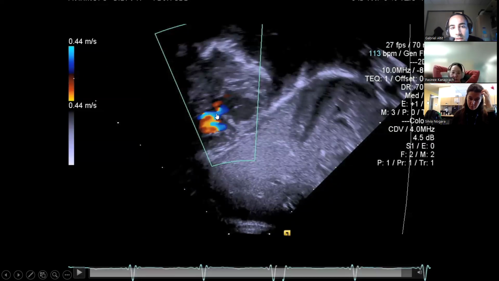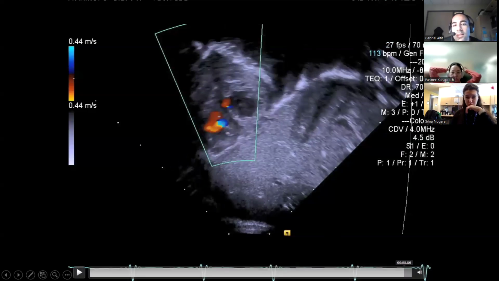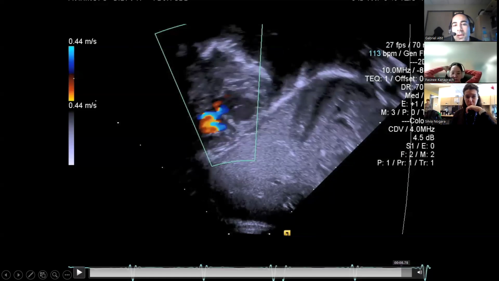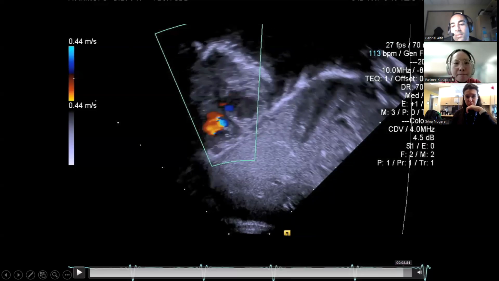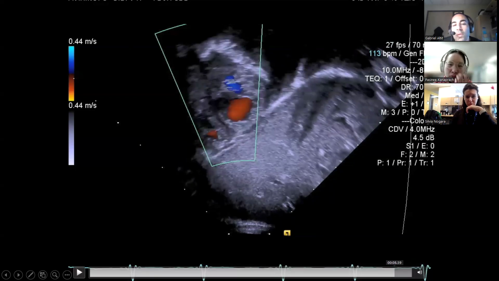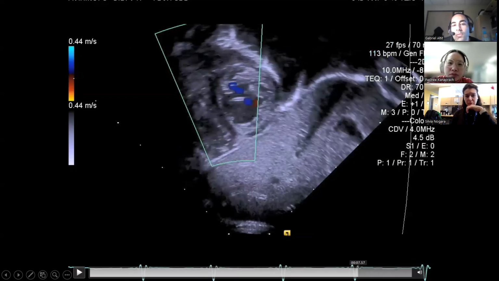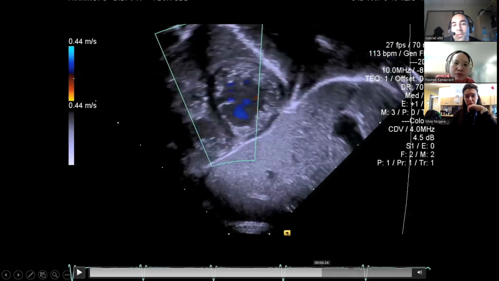You can see it here. Because my Nyquist is low, there's a lot of aliasing, so it's very tough to say what the directionality is. It is left to right, because we saw it from other views. But when you have a very low Nyquist, you have to be careful about the interpretation of color